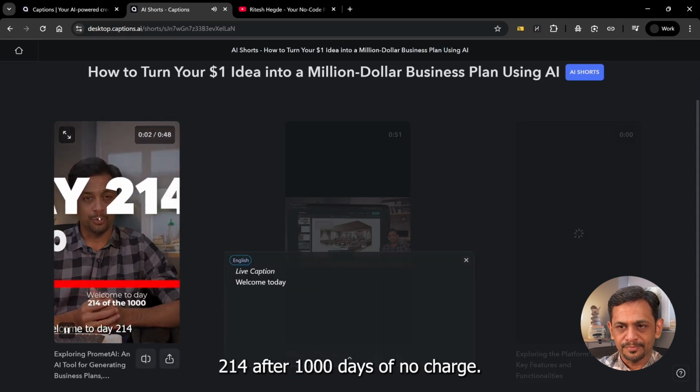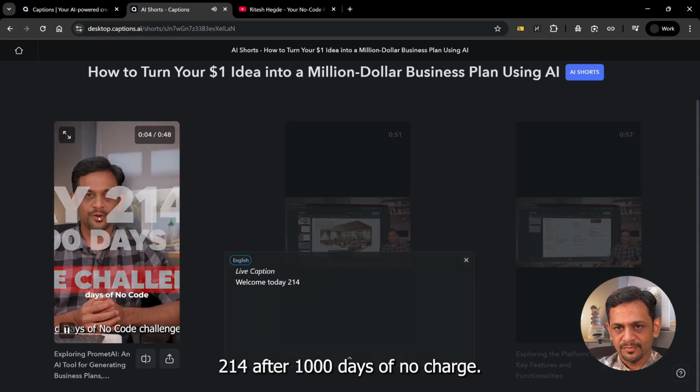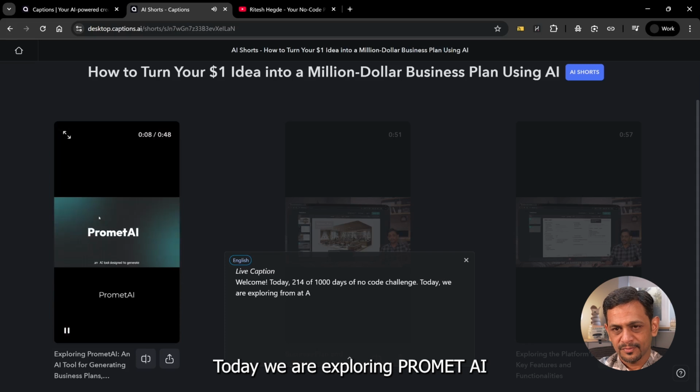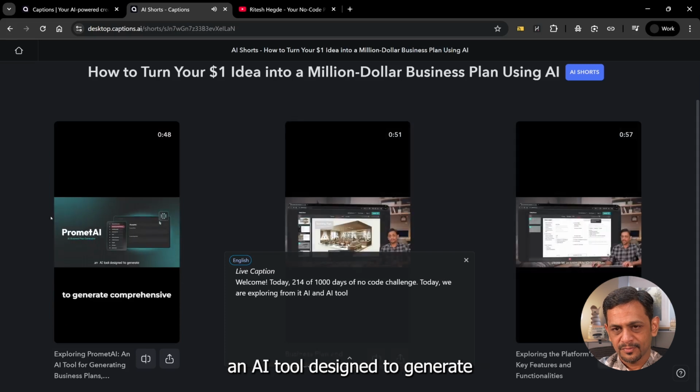Welcome to day 214 of the 1000 days of no coding challenge. Today we are exploring Comet AI, an AI tool designed to